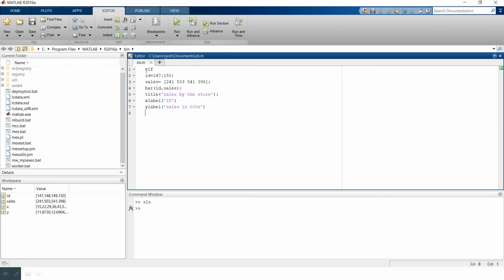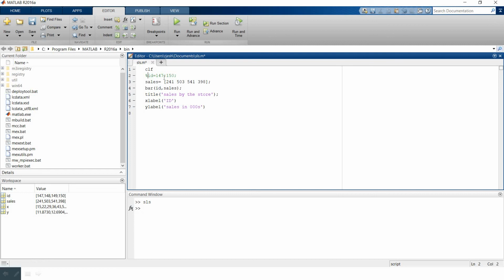Let's comment out everything by using the percent sign. Let's first copy this whole program, Control C, and then comment it out by typing percent before it.